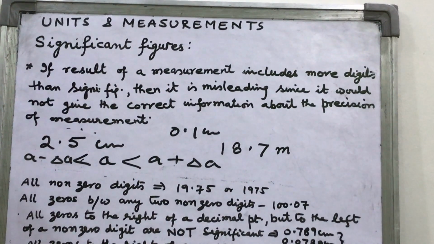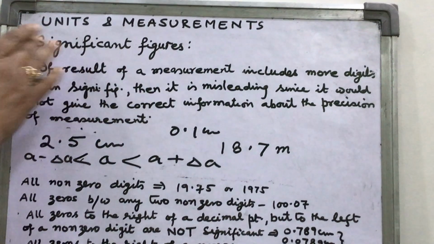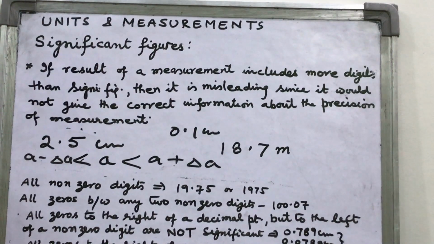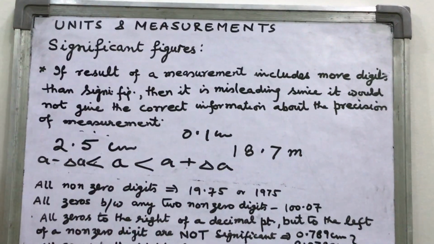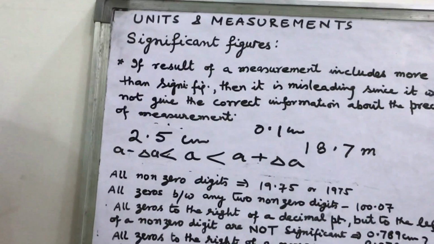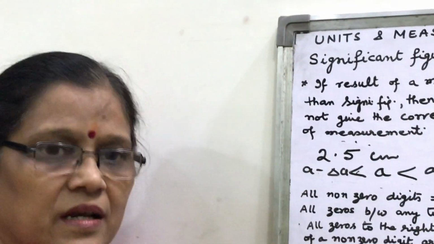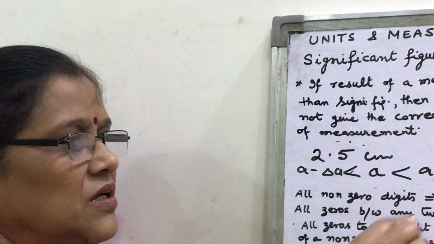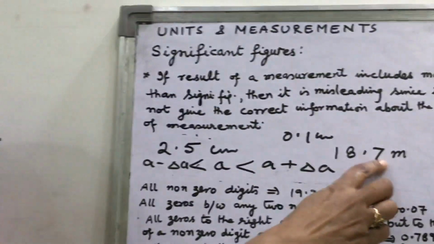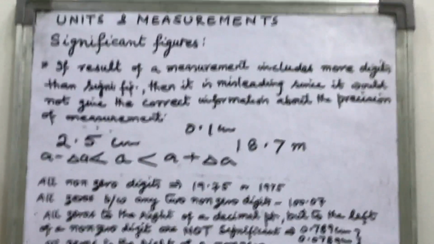So why are significant figures important and to be discussed? Because as per its name, they are significant. Those numbers are said to be significant which are reliably known plus the first uncertain digit. That is why it is said that every measurement taken by any device should represent the precision of that device. So the measuring device is a scale here, so up to 1 place of decimal. I hope you must have understood the meaning of significant figures.